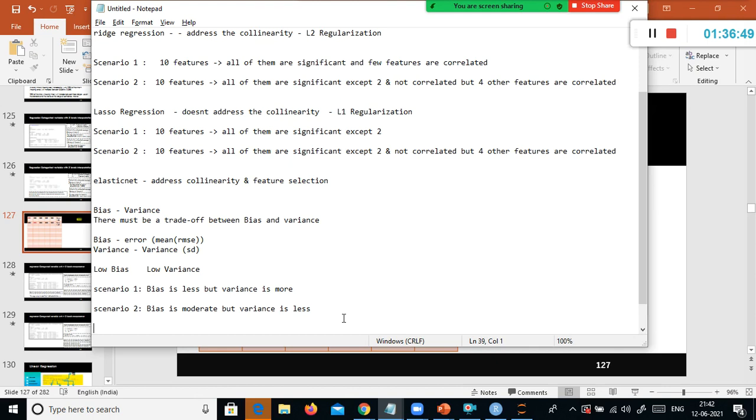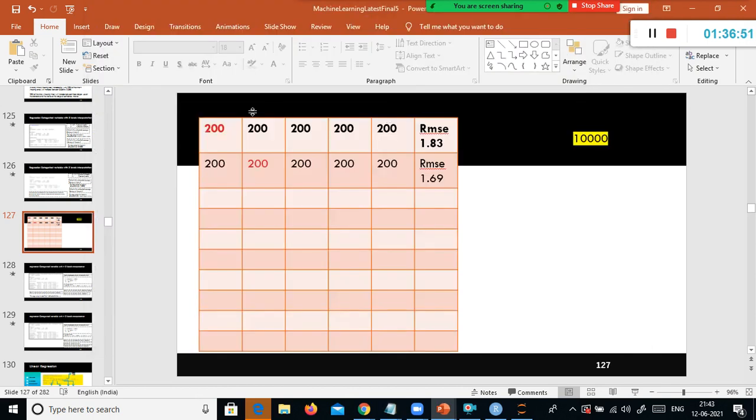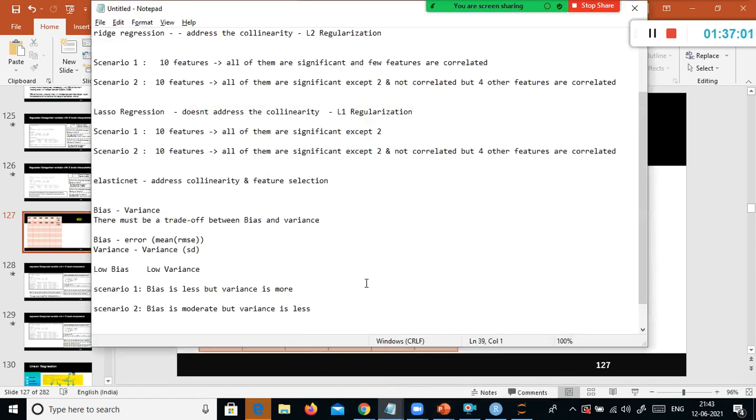See, you took one model, right? You include all the features and you computed the RMSE for all these different data sets for different folds, and you took the average and took the standard deviation for this. Higher the standard deviation, what does it say? What do you mean? Lesser the accuracy. Higher the standard deviation means higher the variation.